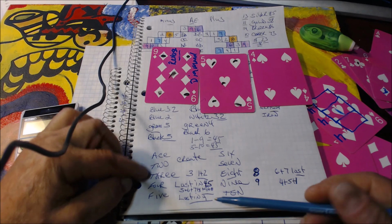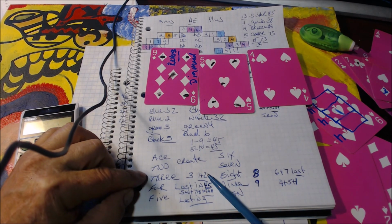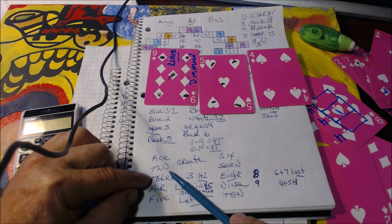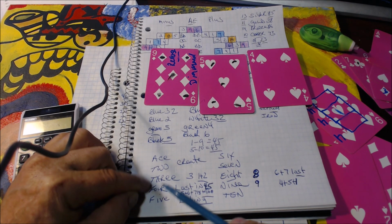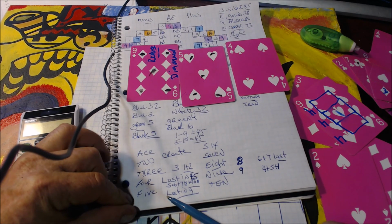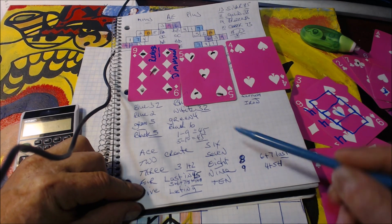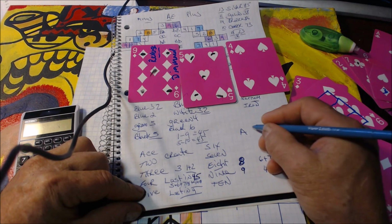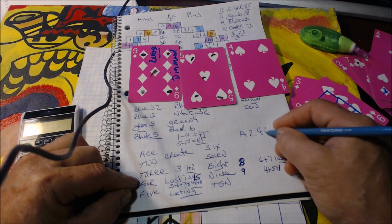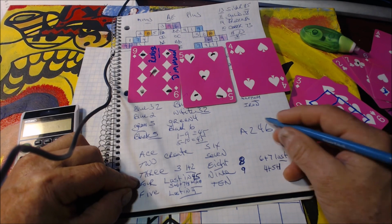So what we're going to do is go down to here and show you that 1 and 2 and 3, 4 is 4 on its own. So 4 and 3 are the most real of any cards. And then after that, it's combinations. 1 and the 4 will create 5. 6 is another real card. So you have the ace, the 2, the 4, and the 6 is a real card, but it's not a